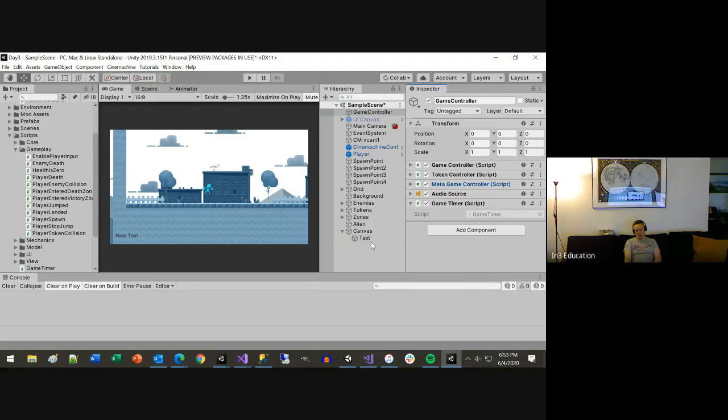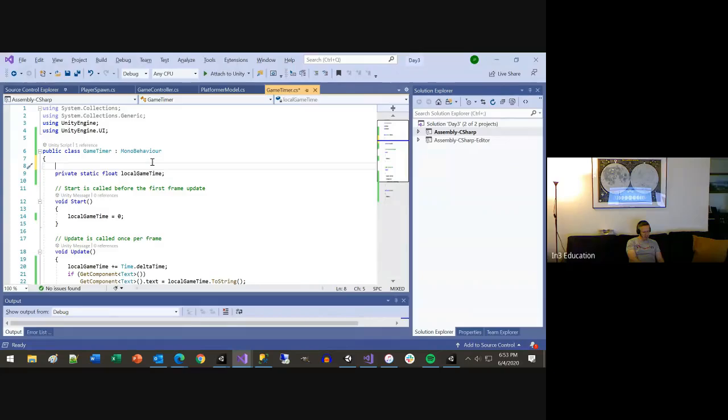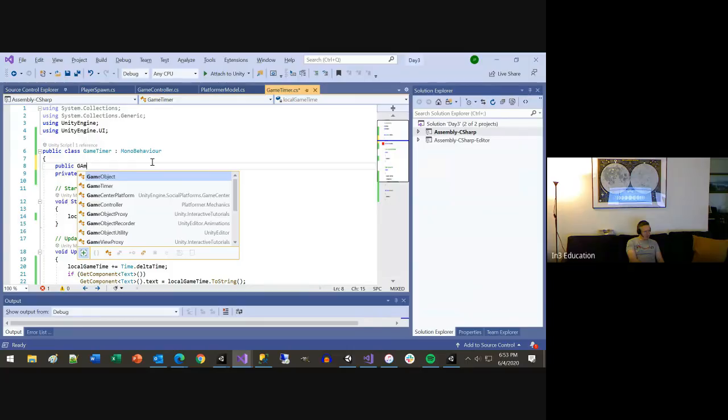Well, now we're going to need a reference back to that text box. So we can go to our game timer class or component, and we'll put in a public